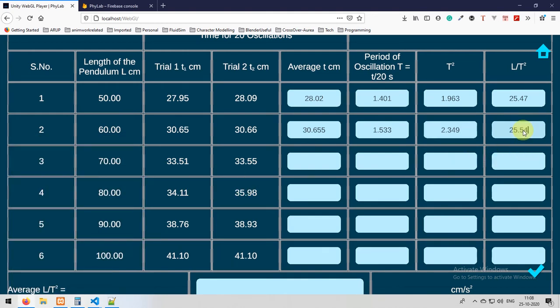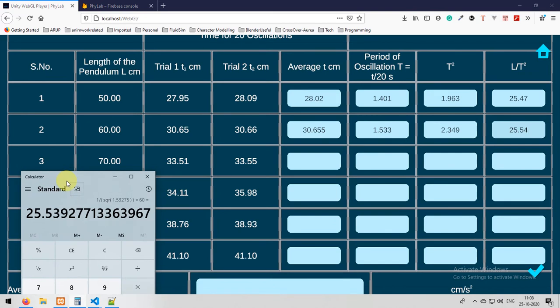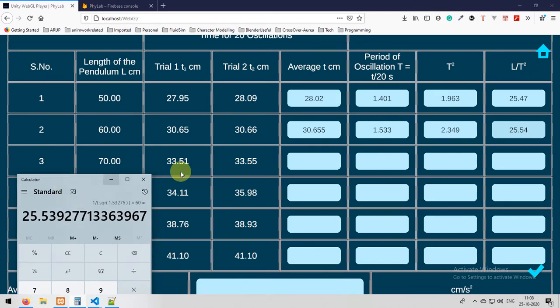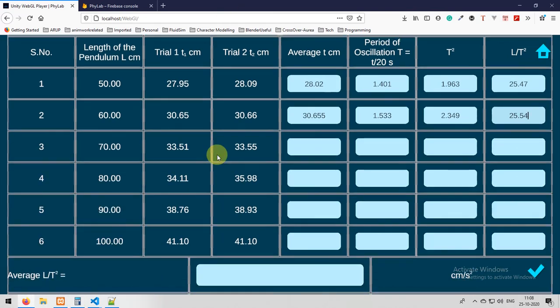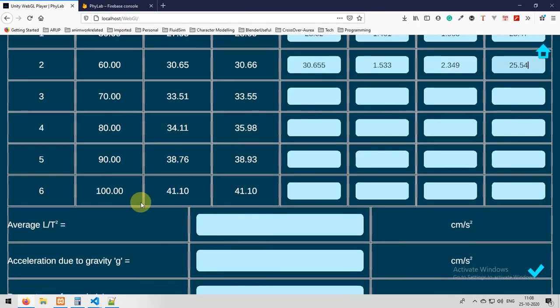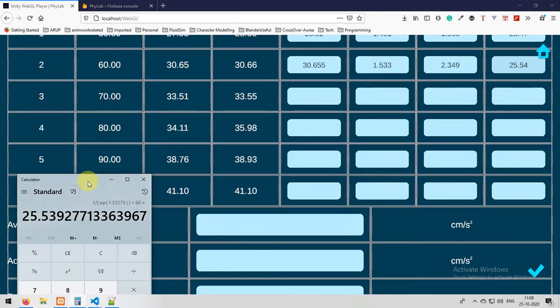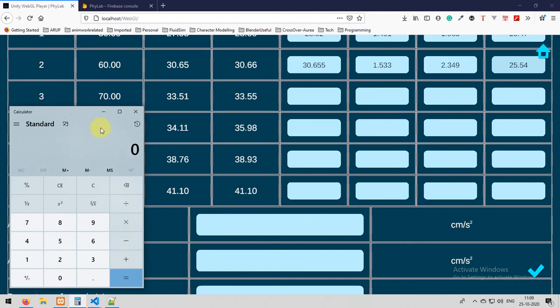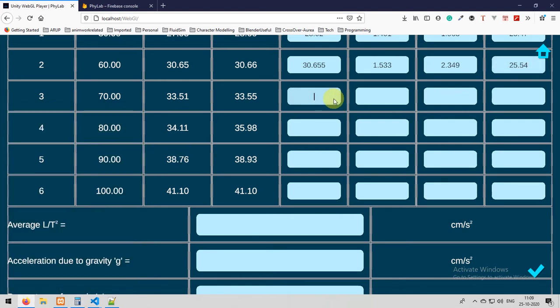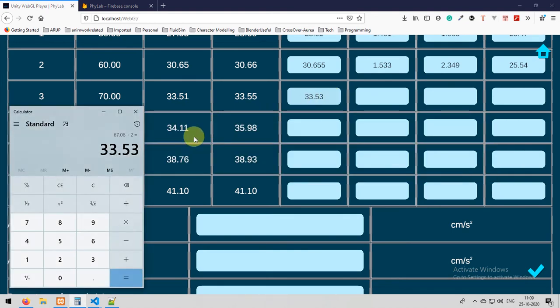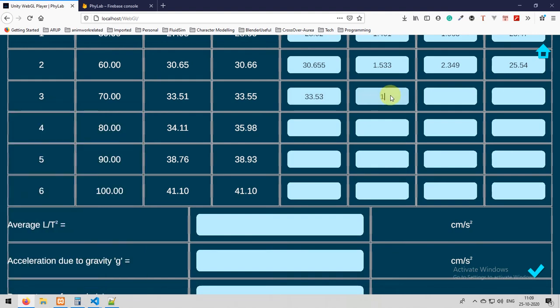Before doing the real experiment, try to spend some time with our application and get to know how this experiment works. After spending some 5 to 10 minutes, you will get the hang of it, and then you can start performing the actual experiment. That is my suggestion to you.